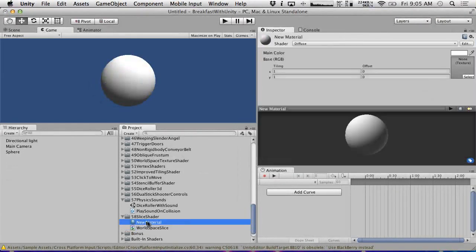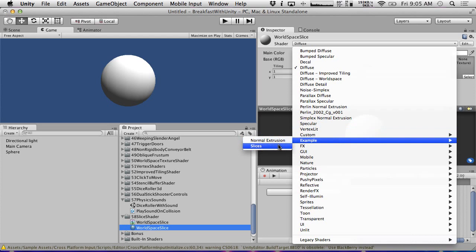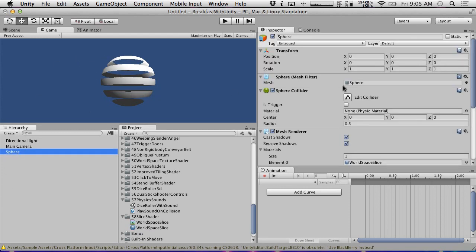We're going to call this one world space slice, and we're going to go example slices. There we go. You can see even in the preview it comes in, so that's awesome. So we're going to put this on our sphere, and here's a sphere. So this is a world space slice, which is kind of interesting because it means that if we move the object, it will have this kind of scintillating effect, which we may or may not actually want in our game